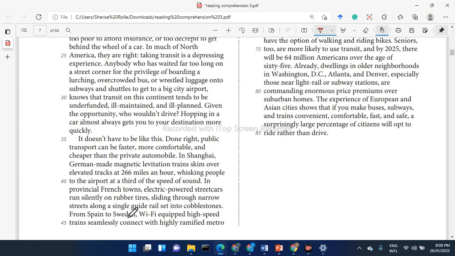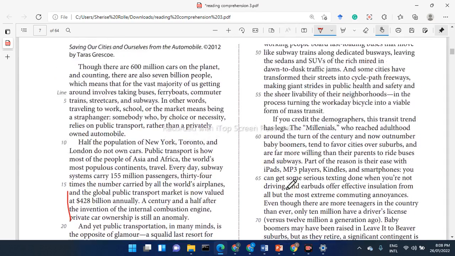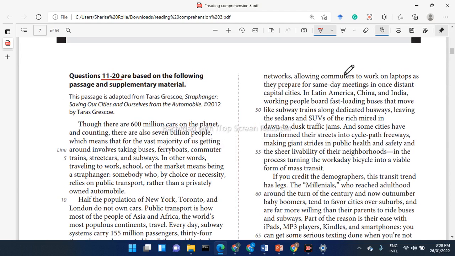From Spain to Sweden, Wi-Fi equipped high-speed trains seamlessly connect with highly ramified metro networks, allowing commuters to work on laptops as they prepare for same-day meetings in once distant